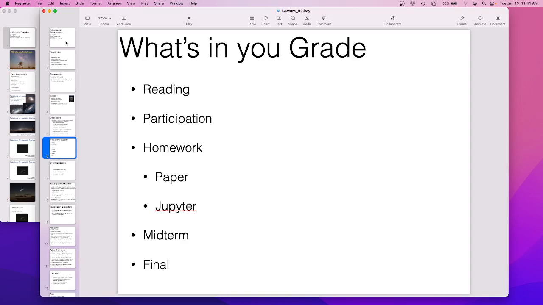And then there's a midterm and a final. The midterm will be mid-semester, and the final will be the Monday of finals week. I don't put the final date in the syllabus. I always screw it up, because then I forget and use last year's. So look it up, it's online. I think it's the Monday at 10.